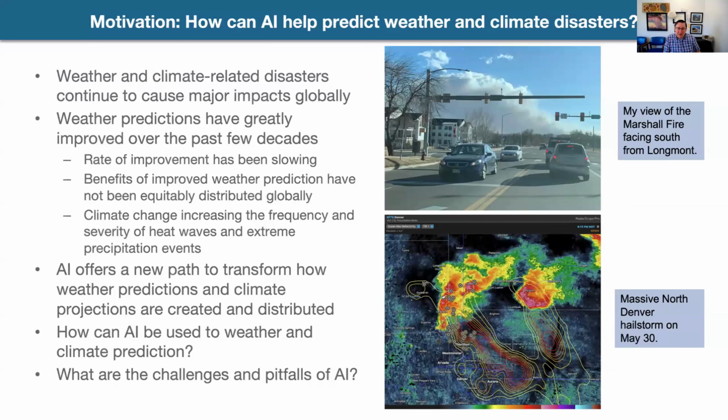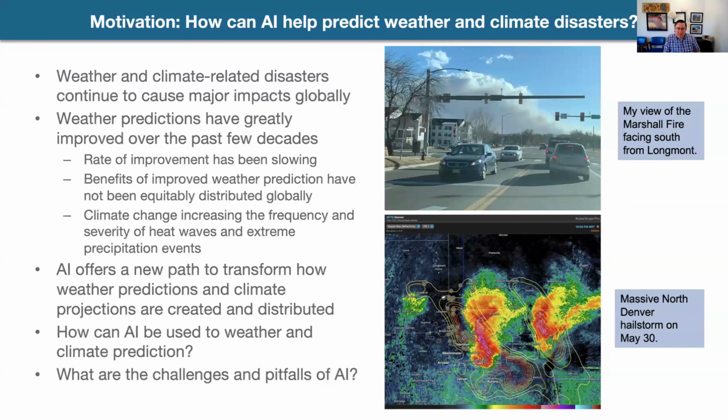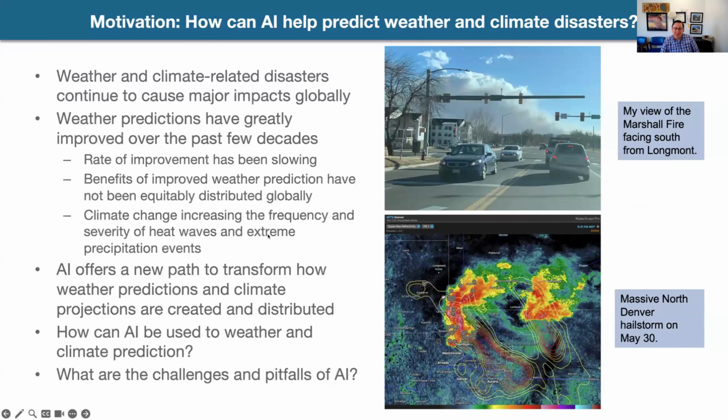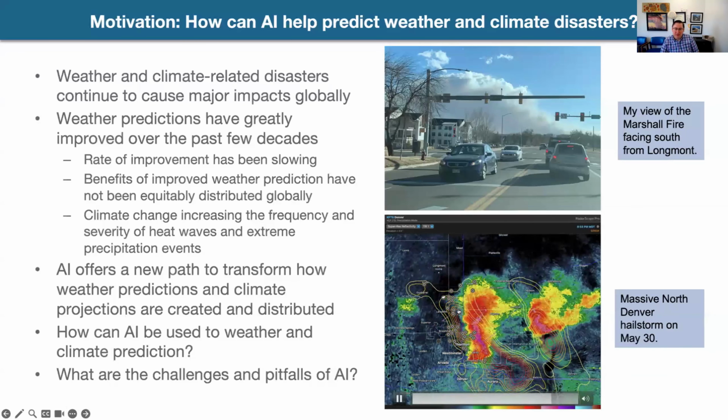We also recently had a pretty impactful hailstorm that hit just south of my house, where a strong hailstorm went through the northern suburbs of Denver and barely missed the Denver International Airport. With both of these events, while overall we've had a lot of improvements in weather prediction, and we've been able to mitigate a lot of major impacts by giving people warning to take shelter or evacuate or take other protective actions,